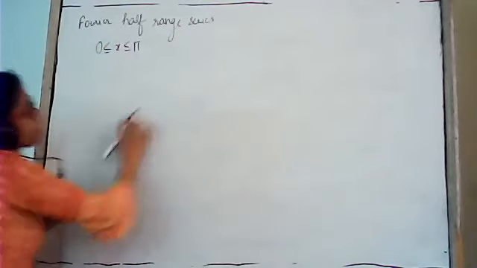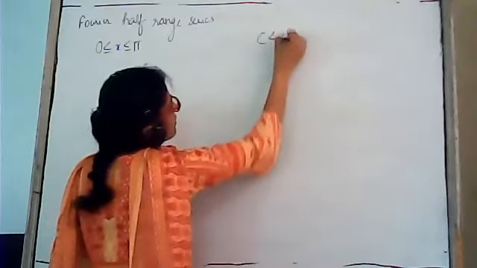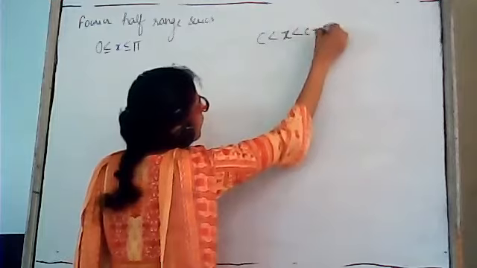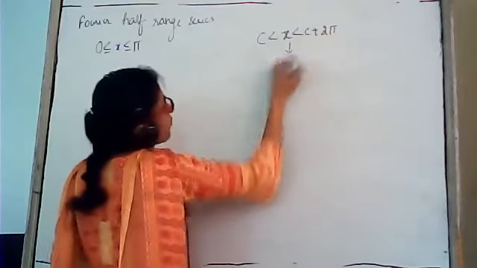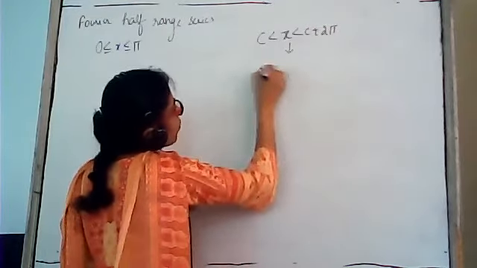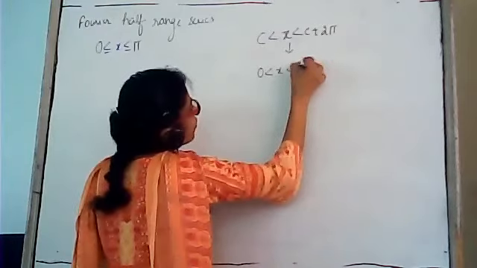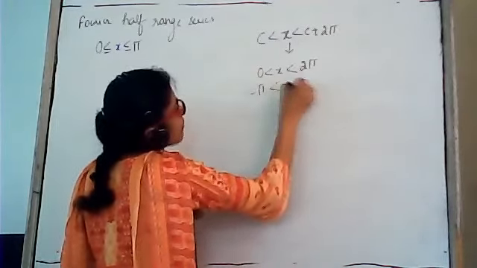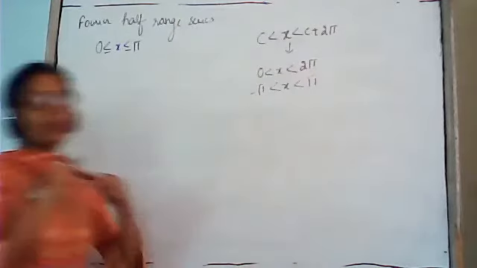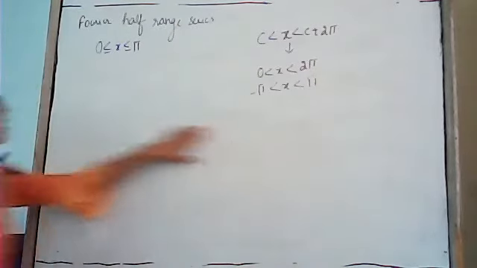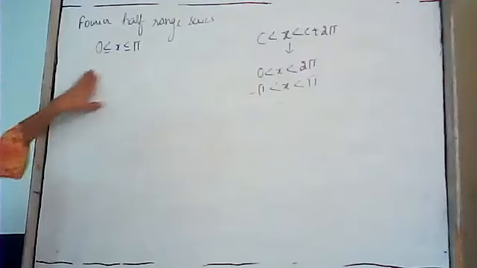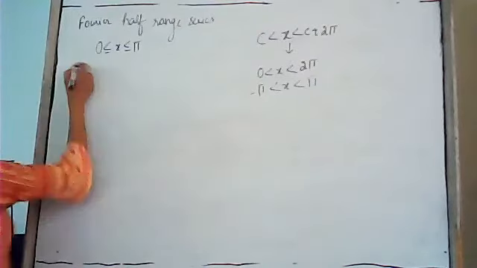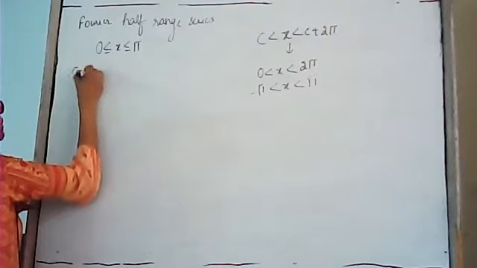Okay? In general, we had the interval c to c plus 2 pi. After that, we had two cases. One was from 0 to 2 pi and the other was minus pi to pi. It was the whole interval, right? Now we will be having half range series, in which the interval will be from 0 to pi. In the Fourier half range cosine series,